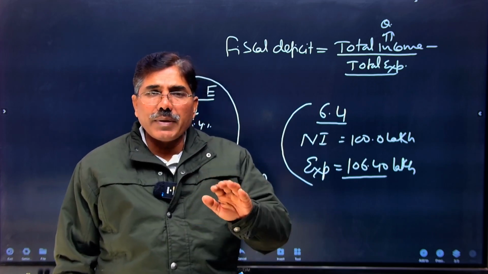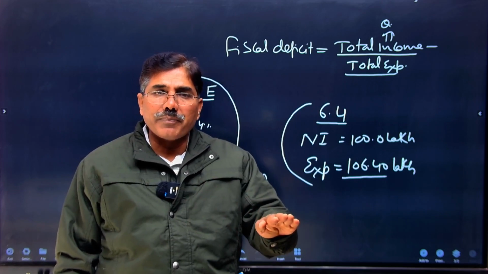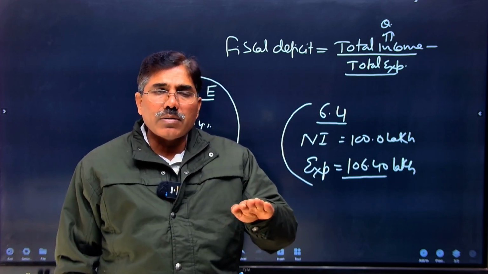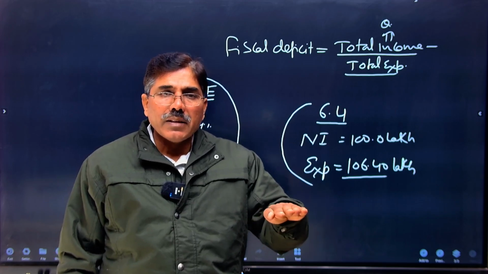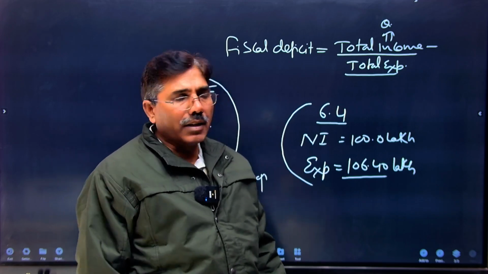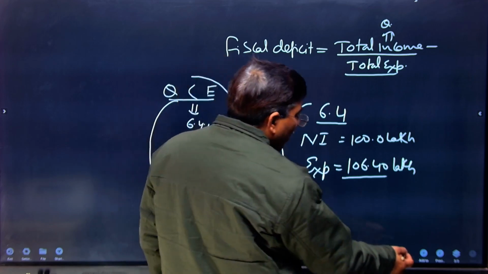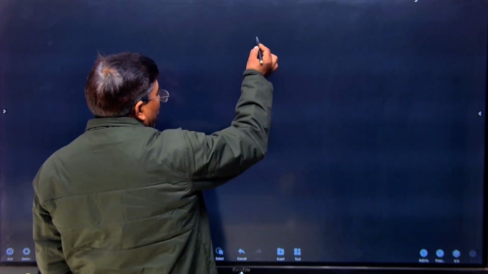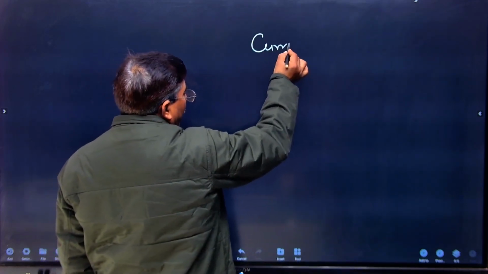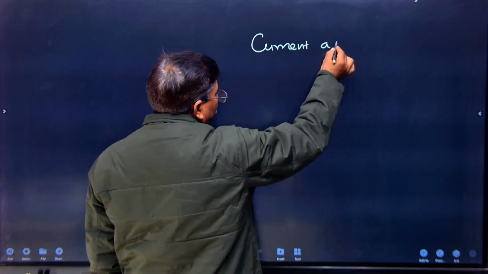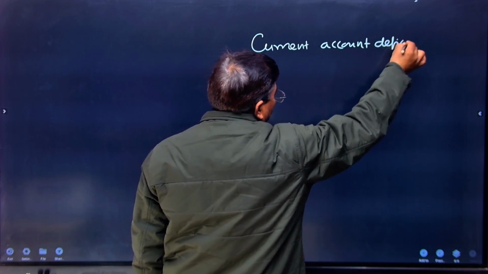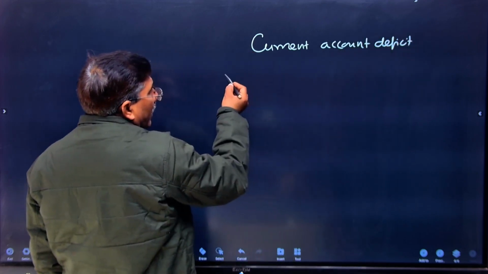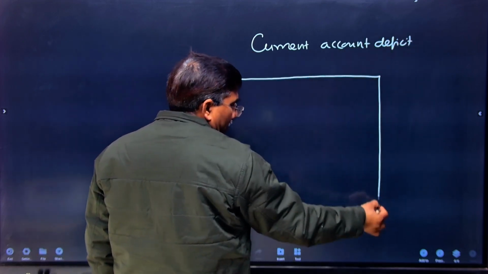If we want to maintain price stability, it means we must also maintain our fiscal deficit for the stability of prices in our economy. Now you can understand the next concept, known as the current account deficit. You know, in India, in our balance of payments, BOP,